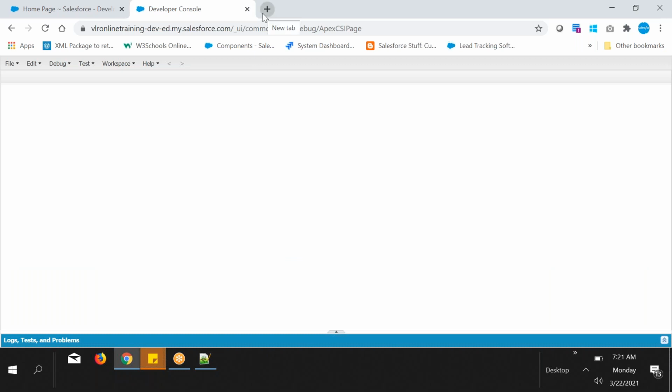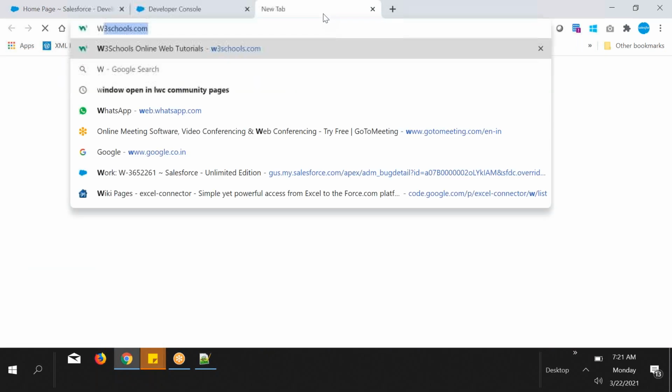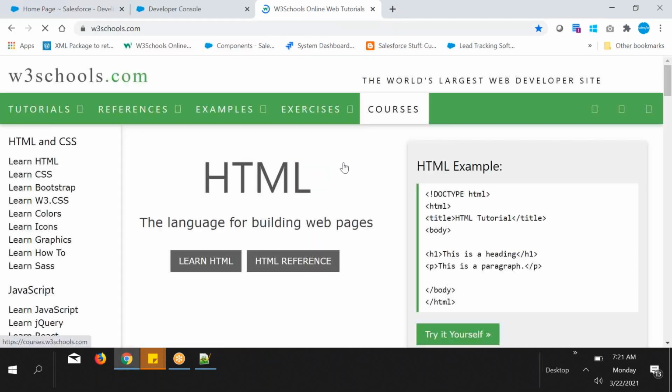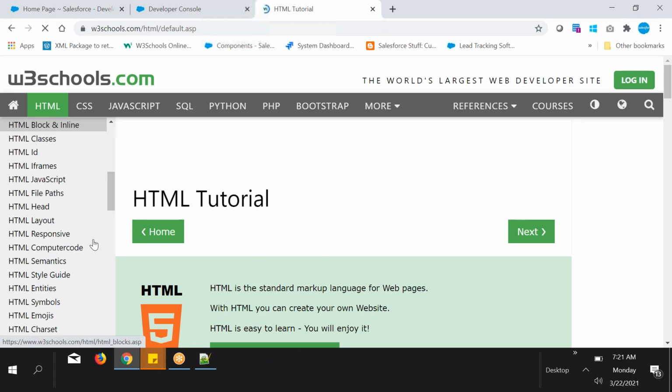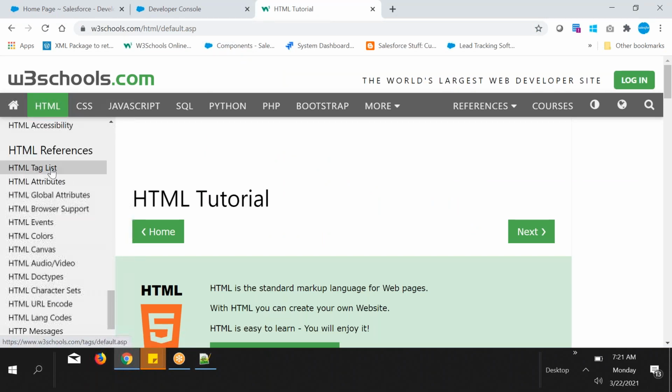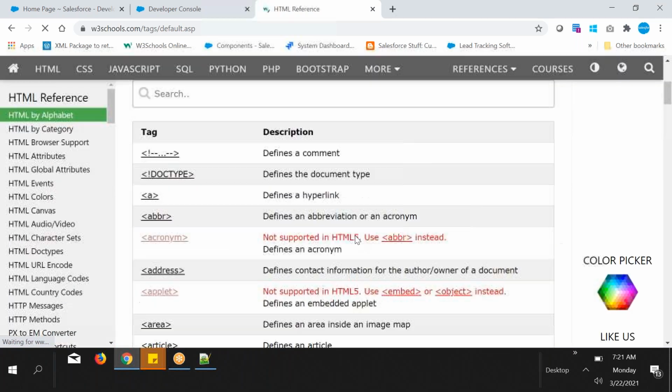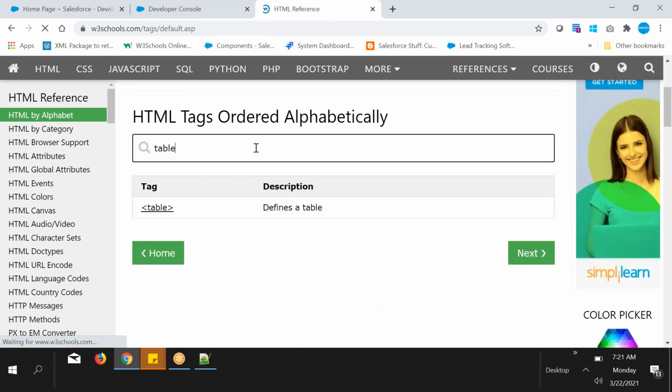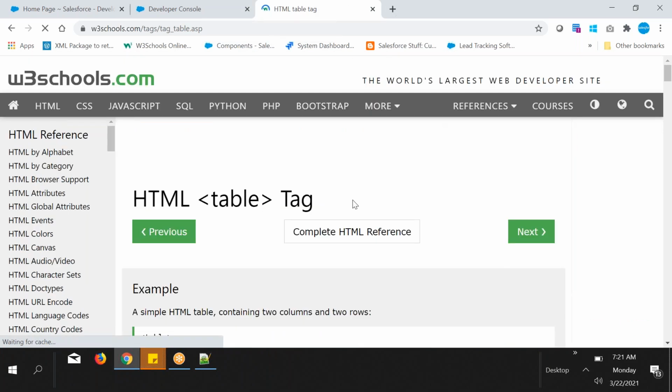So if you don't know how to work with the table, go to W3 Schools, go to learn HTML. Then go to search here, table, and you can click on it.